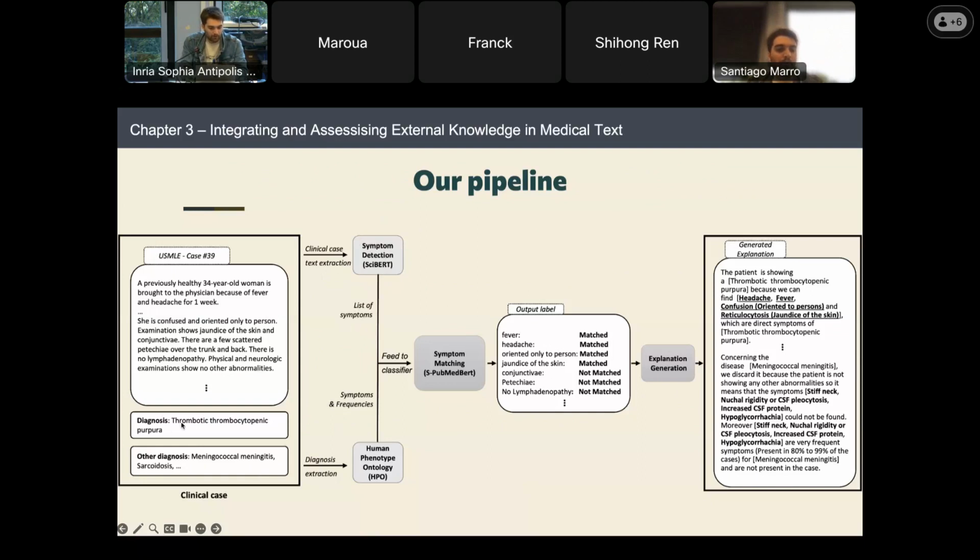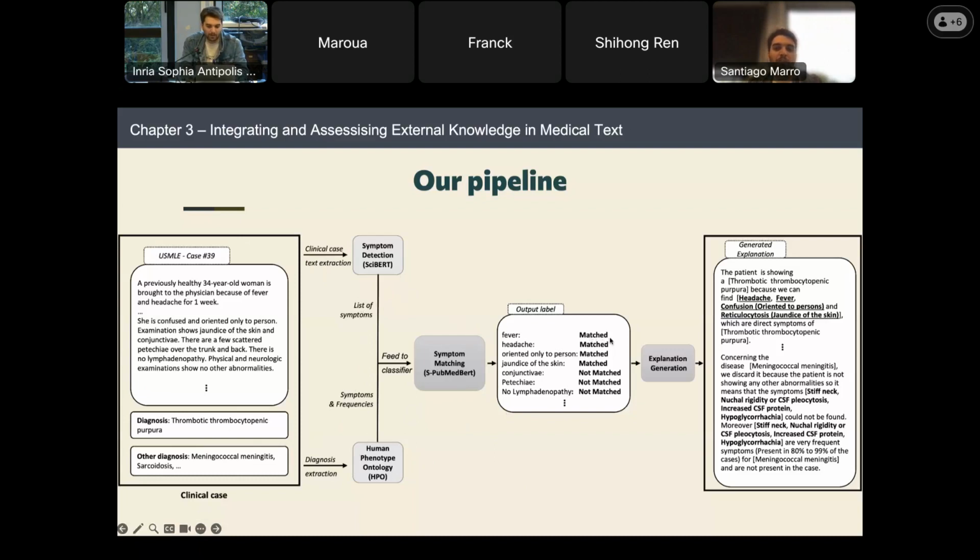Also, for each one of the diagnoses, we query HPO, so we query the ontology, and we obtain the related information for each one of the diagnoses, such as all of the symptoms that are found in them and the frequencies for each one of them. So the two of them, the list of symptoms and the symptoms found in the possible diagnosis, are fed into what we call the symptom matching module, which basically aligns all of the symptoms that we found in the clinical case with the symptoms that are found in HPO.